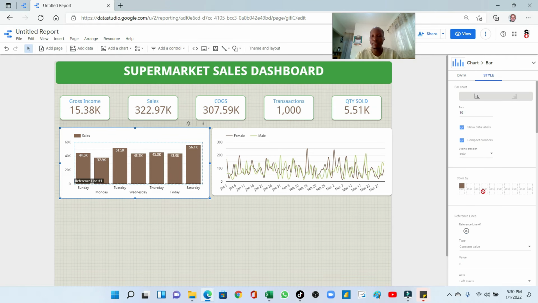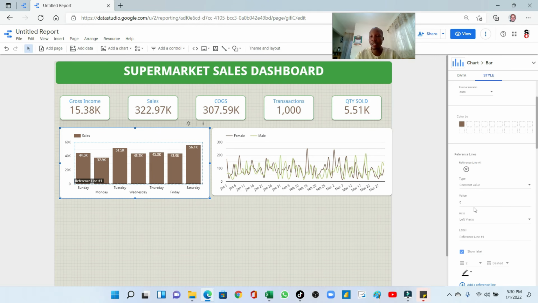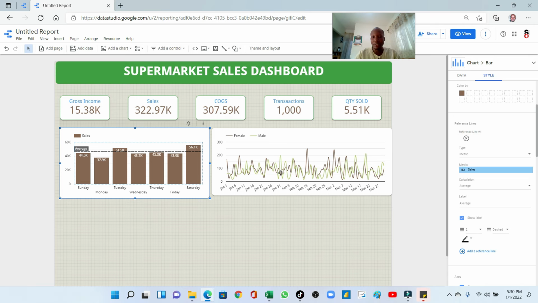So the moment I add a reference line, it will always ask us to put a constant, but this time I don't need a constant. I need to pick from a metric. So a metric, it will pick from sales, and I want to pick the average. So it is taking the average like that. So you can even pick median, minimum, or maximum. If I go with average, you can look at where you are above average or below average. So you can do the same on this chart